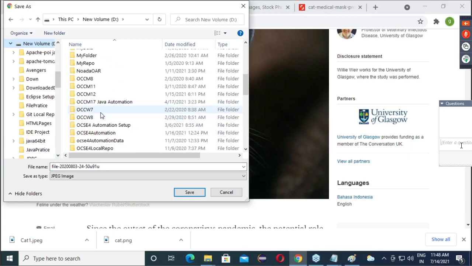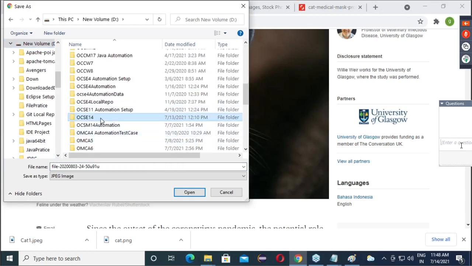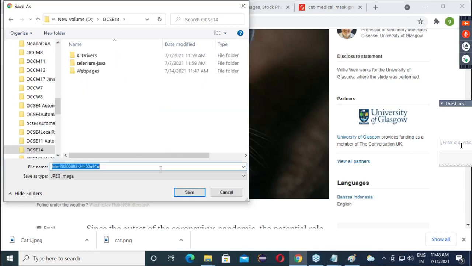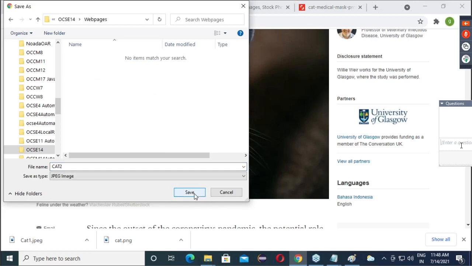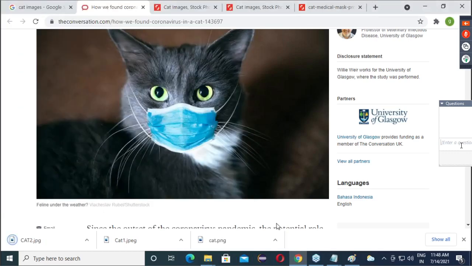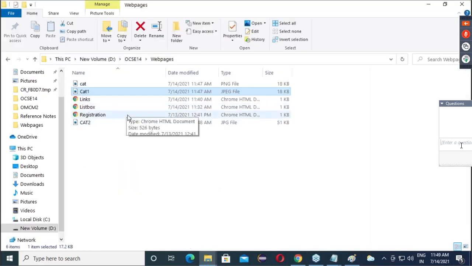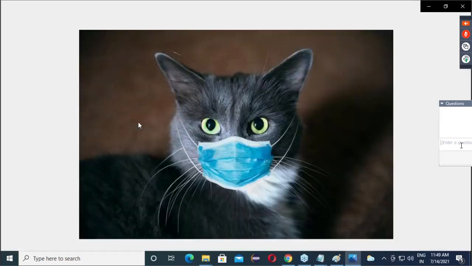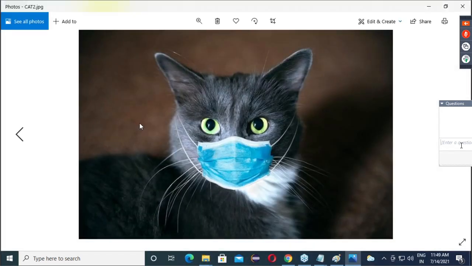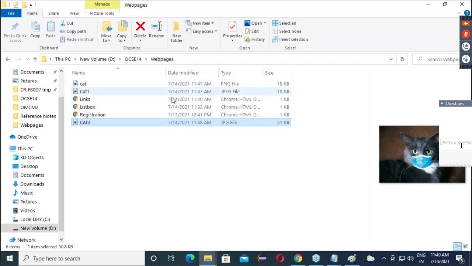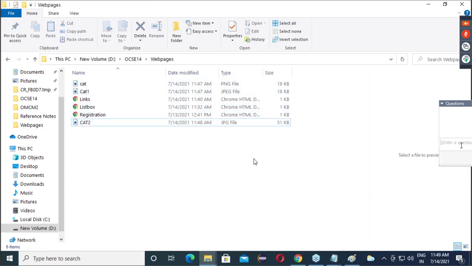Web pages. Don't worry, Atul, I will bring the cat only. So save. Let's cross check. Now it is working. So now see how we will do this.